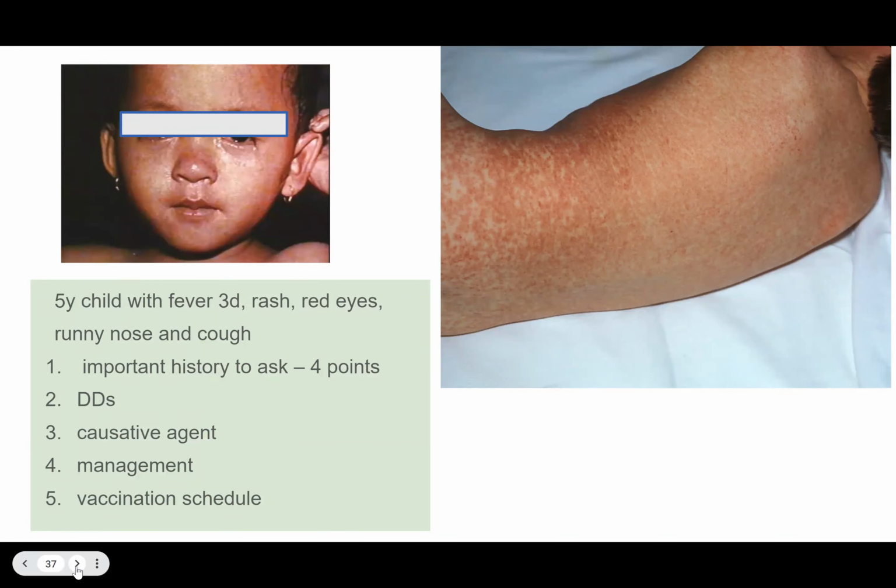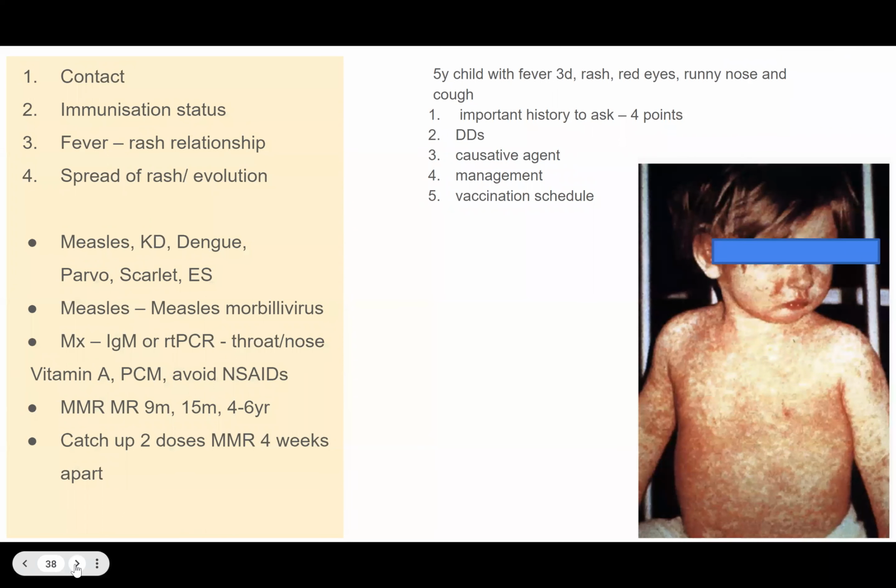Nice. And MIS-C usually won't have a runny nose. It can have red eyes and cough. Even cough is possible, but usually runny nose is typical of a viral infection. So what are the important points to ask in the history? Definitely immunization status of the child, contact. Past history of COVID, vaccination, contact. Yeah, contact. Then fever rash relationship. That is the most important